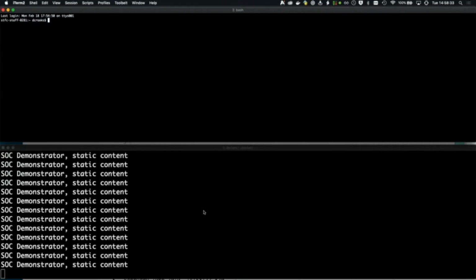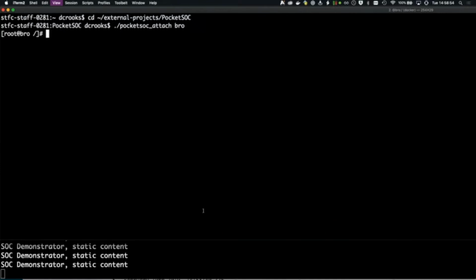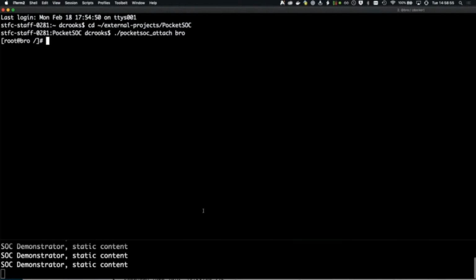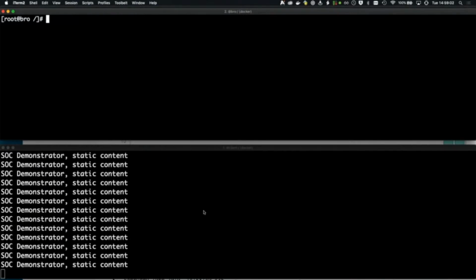But as another view of this, if we have this chance to have a look at the configuration of the Bro node, what we can do is